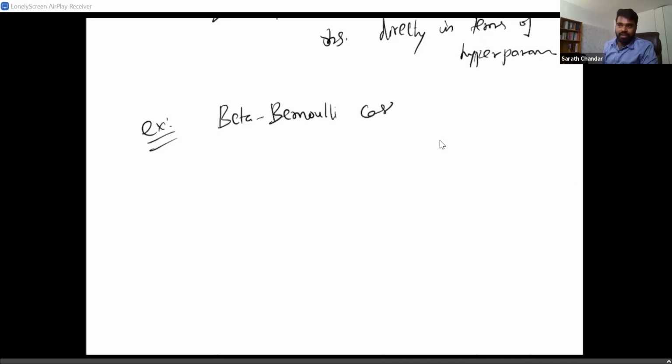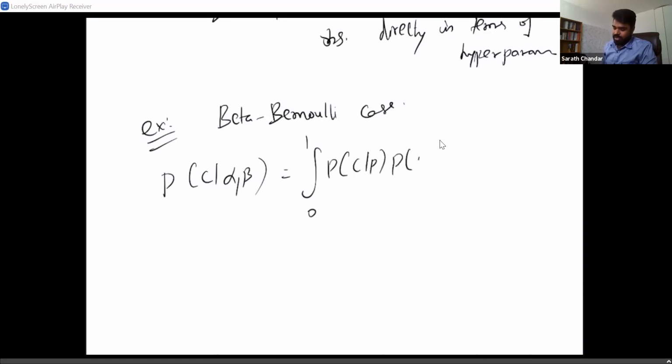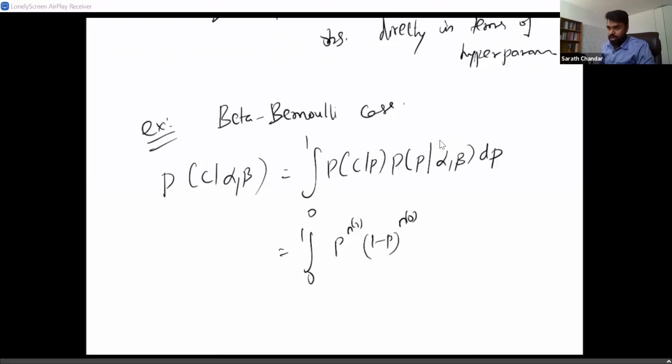Now the probability of C given alpha beta, right? This is the likelihood, is given by the integral over 0 to 1, probability of C given P, probability of P given alpha beta dP, right? Now this is given by the integral over 0 to 1, P power n1, 1 minus P power n0, 1 over B of alpha beta, P power alpha minus 1, 1 minus P power beta minus 1 dP,